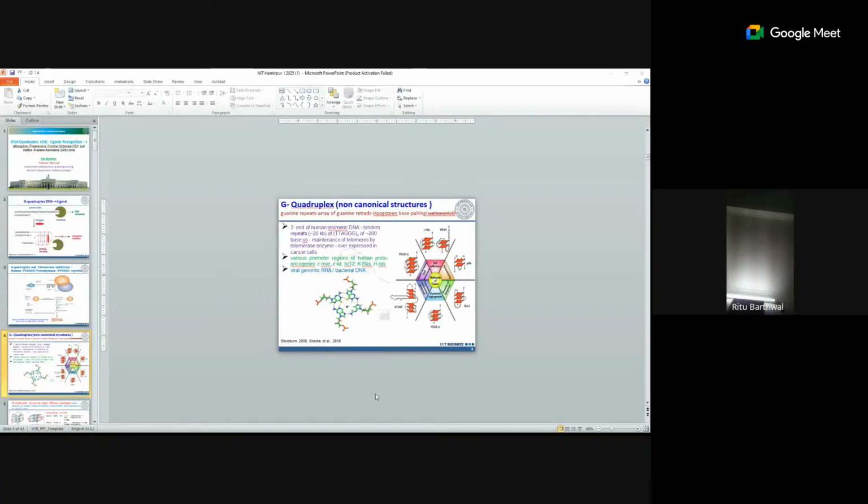These structures have been determined by X-ray or NMR. HTEL22 is human telomeric, and this is c-KIT DNA. It is one of the oncogenes, the promoter of one of the oncogenes. Its NMR structure has been done. One thing very typical I have shown here is that they require sodium and potassium. The reason is,